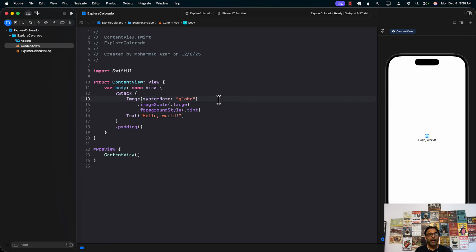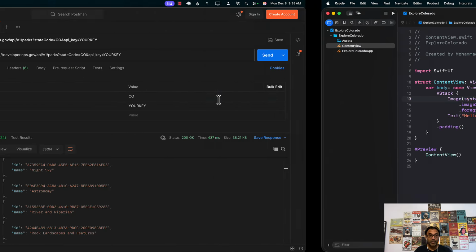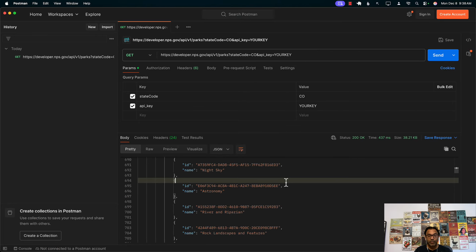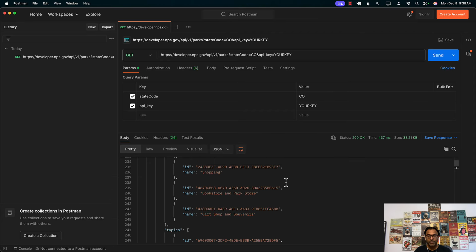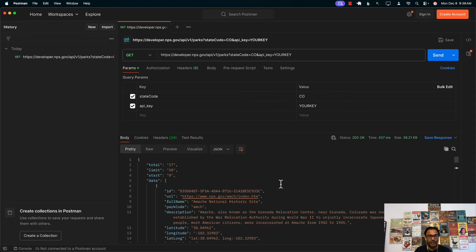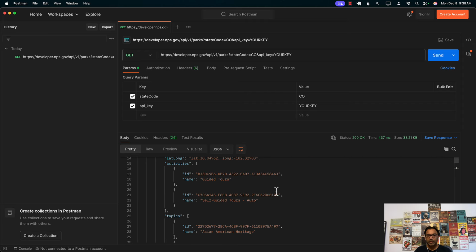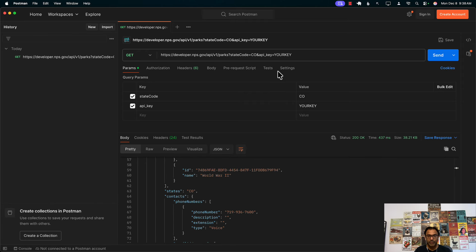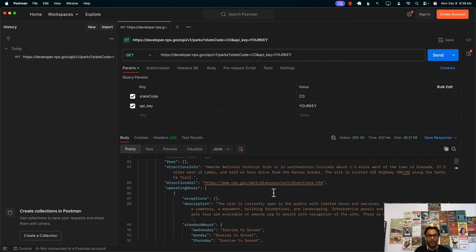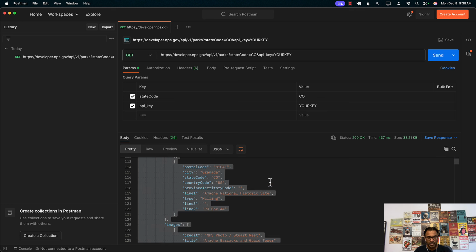All right, everyone, welcome back. So I've already created the Explore Colorado Xcode project. And the first thing I want to do is to create all the different DTOs or the models that the JSON will map to, right? Now you can make those models by hand, but you have already seen there's a lot of stuff over there. So what I'm doing is I'm using Postman to make the request, and you can see it is returning me the same Colorado parks. Make sure that you insert your own API key. That's the most important part. And it's returning me all of this data, right? So I can actually copy all of this data,